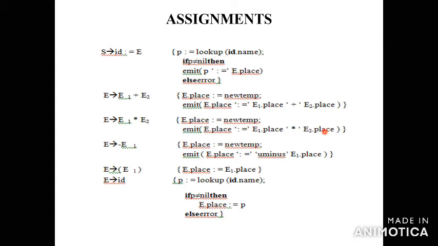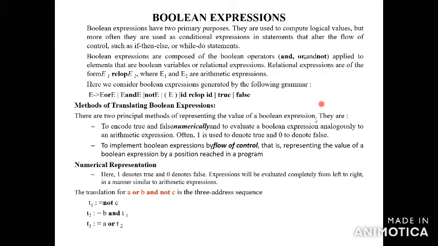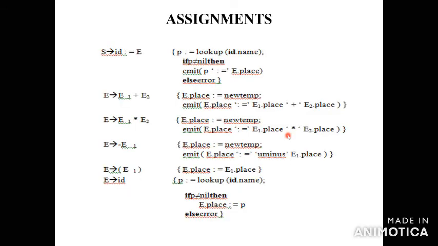Okay. What is the next one? The next one is the assignment statement. In the assignment statement, for example, E tends to E plus T, E tends to T. E is the grammar symbol, and the grammar can be represented by the productions E plus T or E tends to T. For each grammar, you have to represent some assignment statements, assigning some values. That is nothing but assignment statements. So in the assignment statement, we have some production rules.